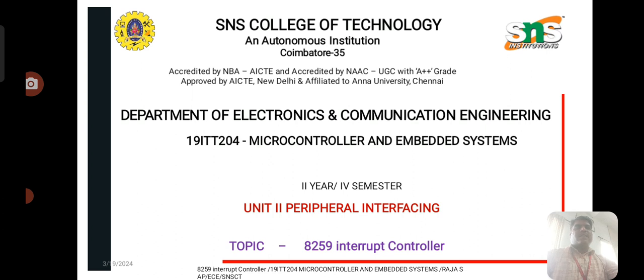In this video, the topic is the 8259 interrupt controller. Based on my previous video, you know what an interrupt is. Whenever the 8086 receives an interrupt, it stops the current execution of the program. Then it gives preference to the interrupt. Once the interrupt is completed, it returns to the normal program. So in this 8259 interrupt controller,